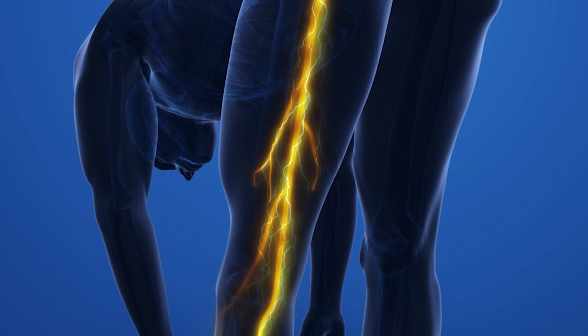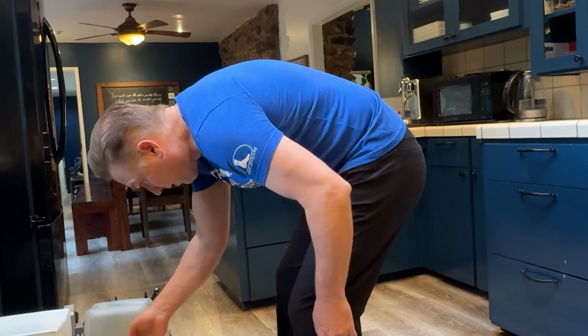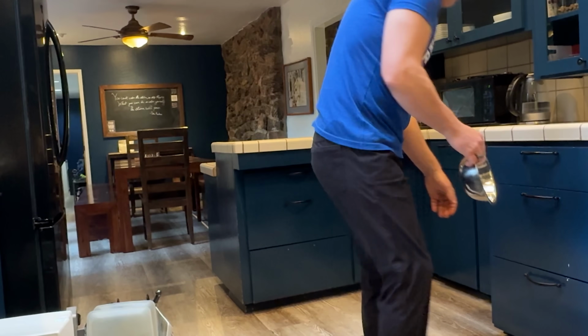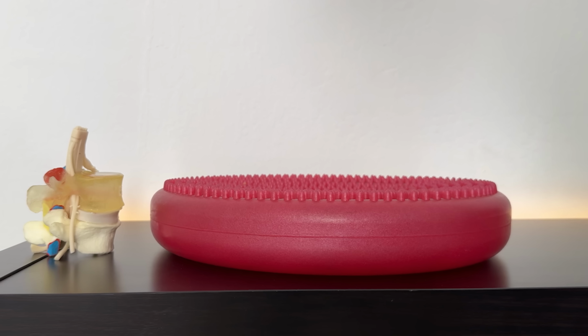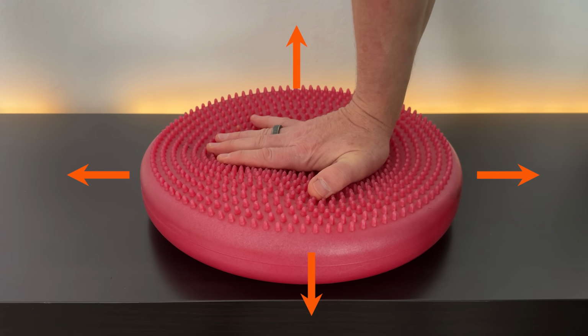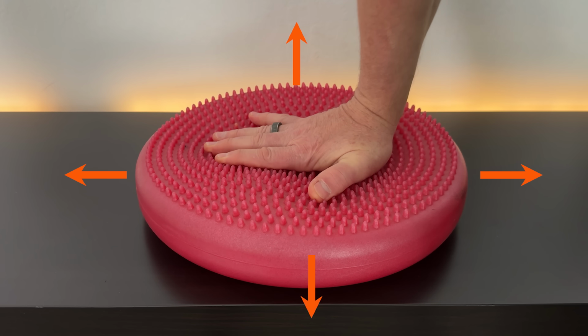symptoms down their legs. So how can Thor lift 1,100 pounds and someone else can't bend over to unload the dishwasher without pain? Let's talk about what creates 95% of all lumbar disc bulges. Remember that jelly that's inside the disc? Pretend this inflatable cushion is the disc. And when load is placed directly through the disc like this, the jelly pushes equally into the strong layers of